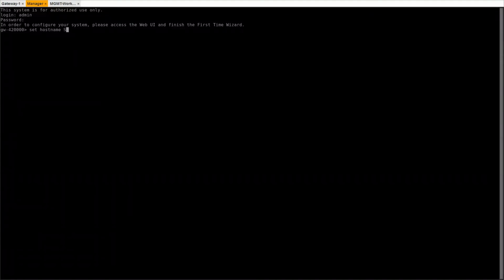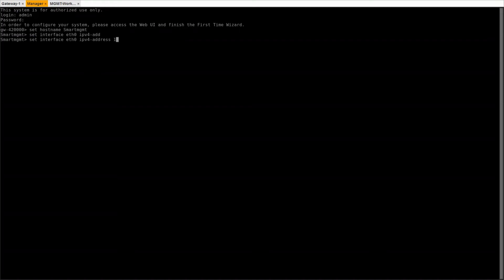This is the security, or we can say smart management, smart MGMT. Set interface ETH0. We can assign the IP address, IPv4-address, and then you can assign the IP address.